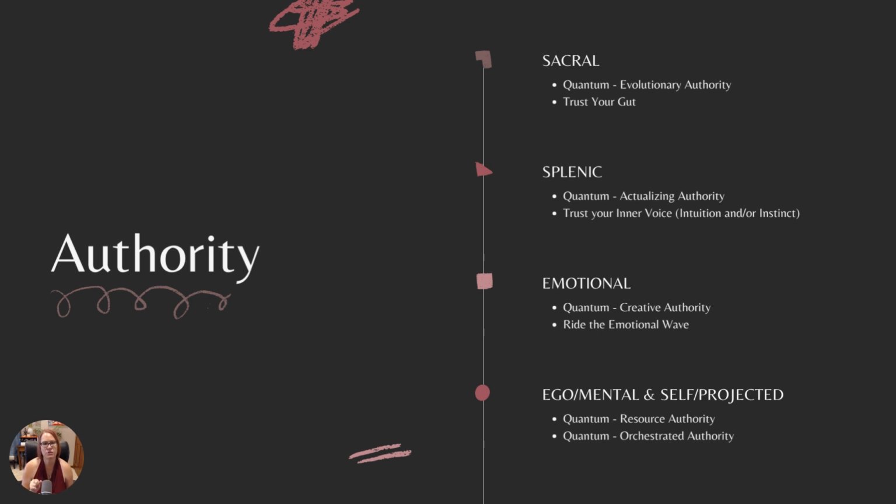So for emotional authorities, do not ever make a decision when you're either really high or really low. You want to make it in a neutral place. So a lot of times we get super excited about something like, yes, I'm going to do this right now, this is so awesome, I love it. But then the next day you're like, oh, I probably shouldn't have said okay to that. That is when you want to just feel the excitement, be in it, give yourself time.